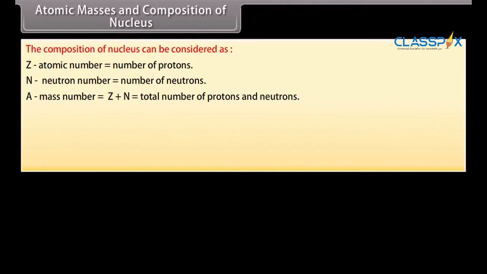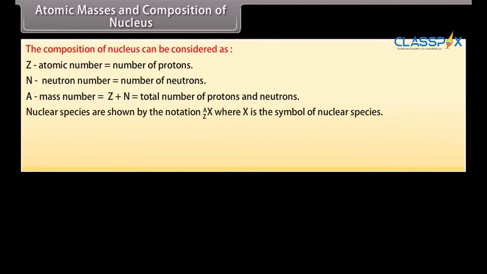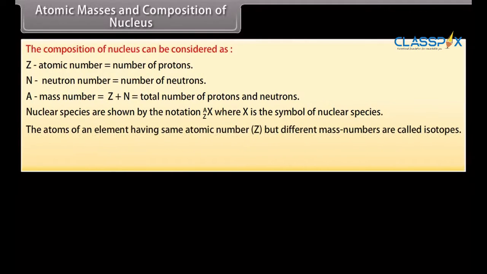Nuclear species are shown by the notation, where X is the symbol of nuclear species. The atoms of an element having same atomic number, that is Z, but different mass numbers are called isotopes. For example, isotopes of hydrogen are